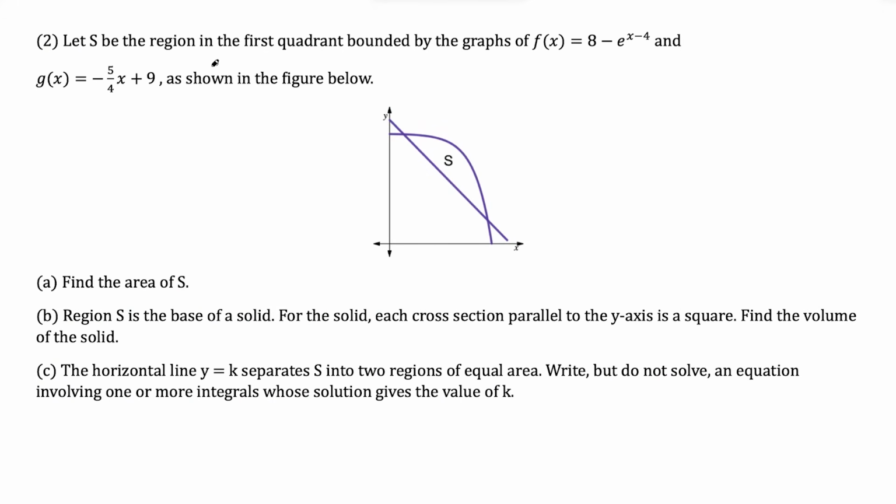Question 2, we have S is the region in the first quadrant bounded by the graphs of f of x and g of x. And the first thing we want to do is find the area of S. So notice that S is the area between two curves. So at some point, we're going to have to find the points of intersection because that'll tell us where S starts and stops. And then another thing we have to know, which function is the top function and which function